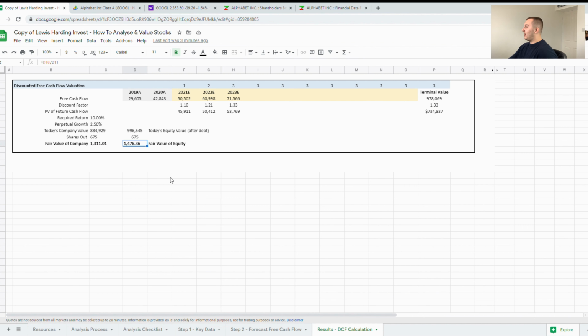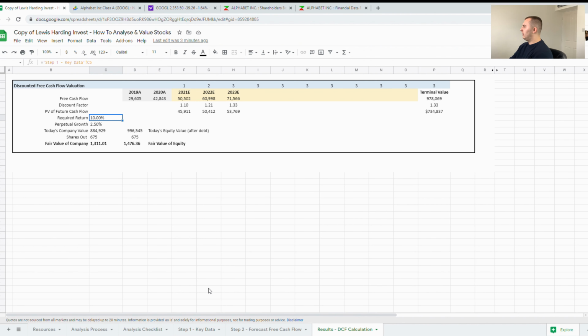But then the fair value of the equity, so what we've calculated, added what cash they've got, because Google are such a colossus that they've got so much cash around. I'd be looking to buy the stock at $1,500. Take it or leave it. So yeah, that's essentially it. You can add a margin of safety if you want as well, but I think with my discount rate of 10%, I think it pretty much covers quite a decent margin of safety.